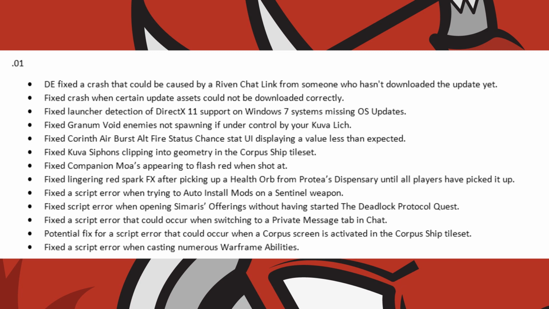They fixed the Corinth Airburst Altfire status chance stat UI displaying a value less than expected, Kuva siphons clipping into geometry in the Corpus Ship tile set, companion mowers appearing to flash red when shot at. They fixed lingering red spark effects after picking up a health orb from Protea's dispensary until all players have picked it up, a script error when trying to auto-install mods on a Sentinel weapon, script errors when opening Samaris' offerings